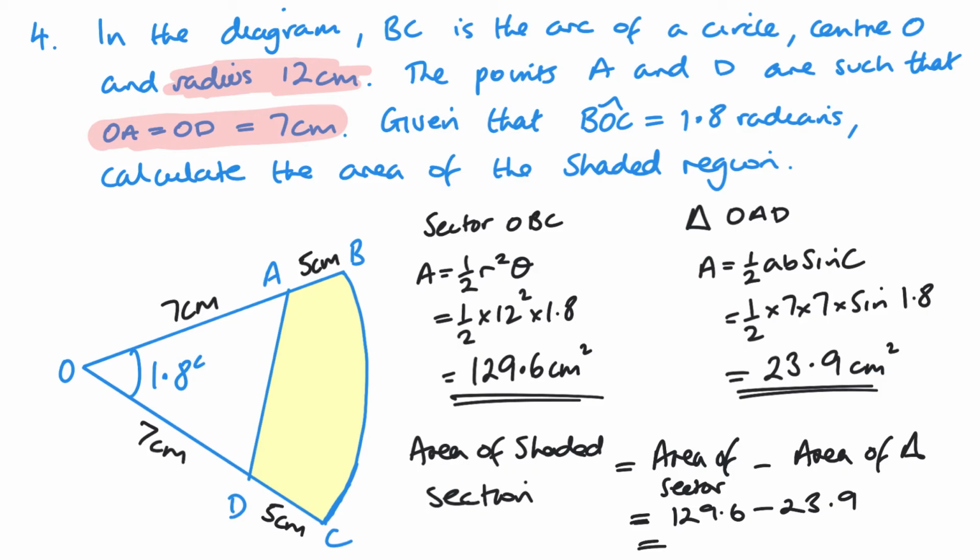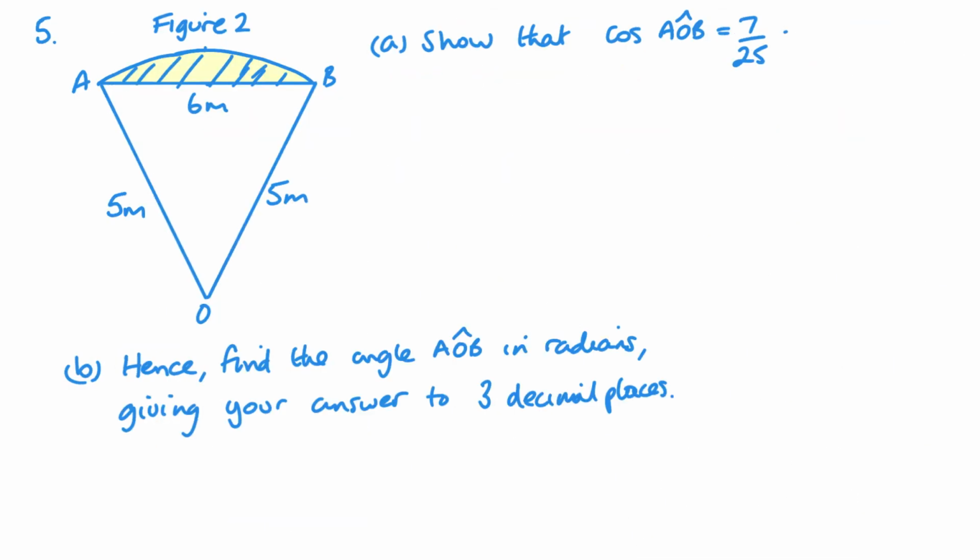Remember to use the full values, and that gives me 105.7 centimeters squared. So this one's an old exam paper from back in 2006, January paper, and it's worth 8